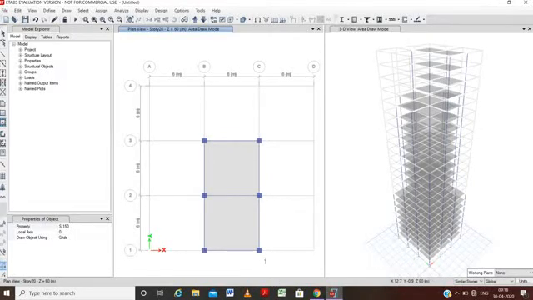Now as it is all done, we will provide the loads on these things. Before going to the loads we have to do certain things.